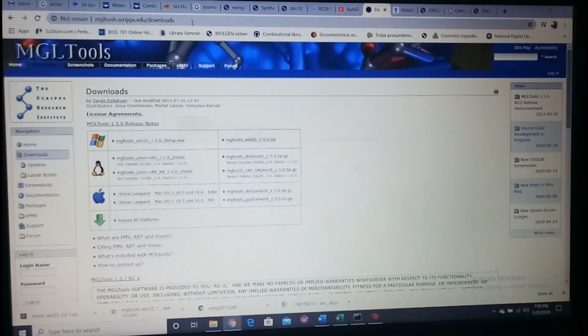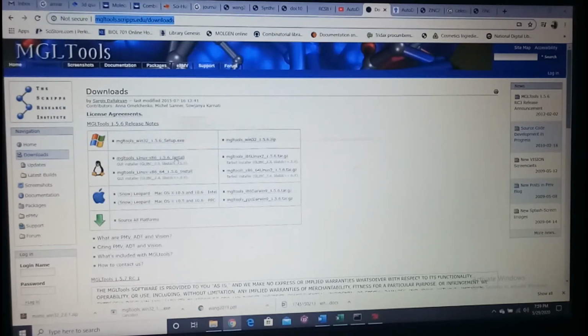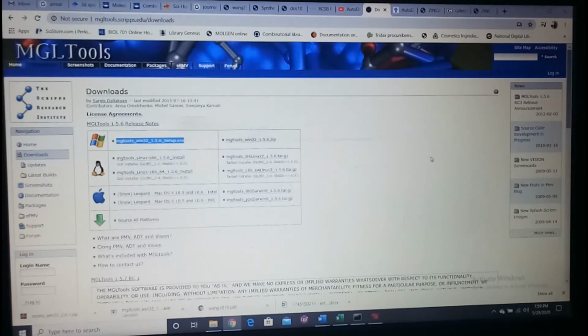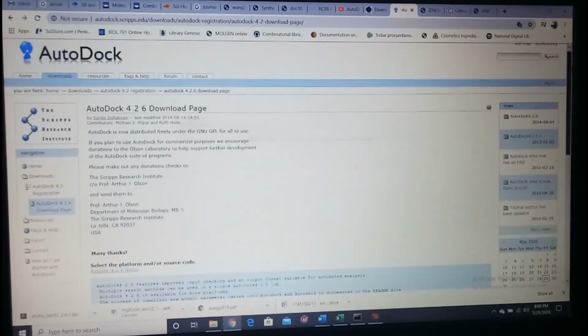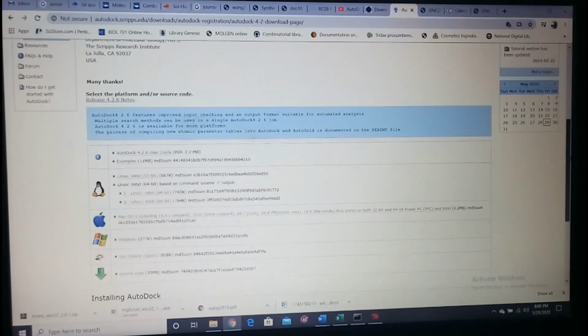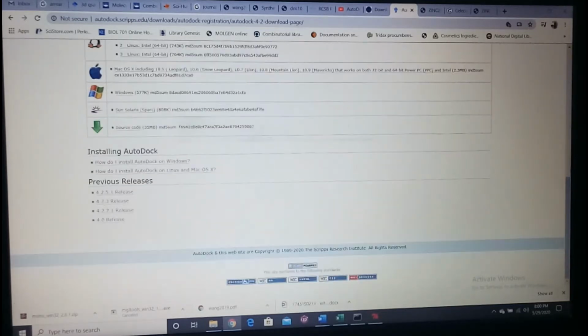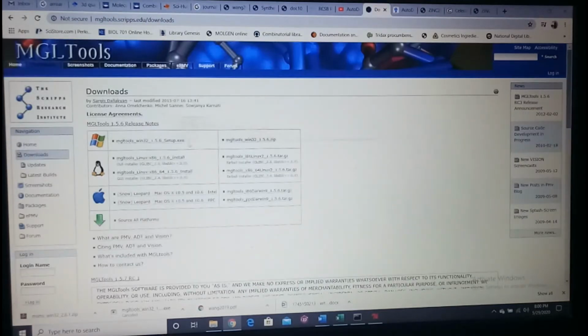You can see this website, mgltools.scripts.edu. From this website, you can download the Windows version of Autodock, followed by this one, Windows. These are the support files. After we download this, we'll get the supporting applications that are required for Autodock. After we download, please install it. After we install, the supporting files will be saved in the C drive. On the other hand, when we install this setup file, we get a shortcut of Autodock on the screen. After that, we need some ligands, that is the drugs, to perform docking.